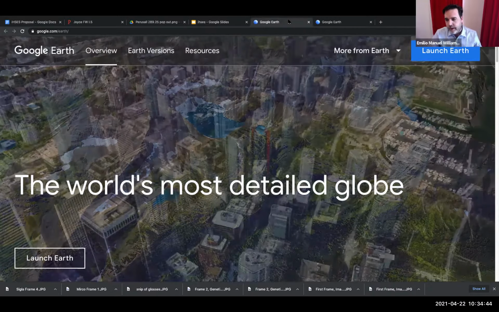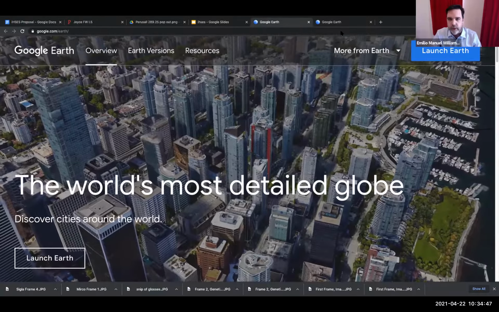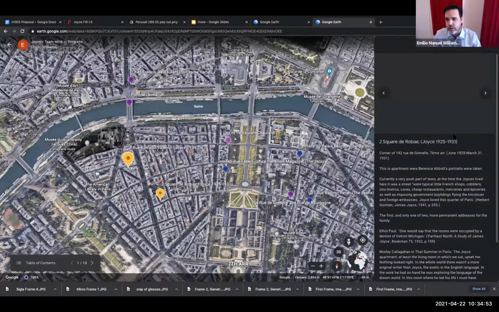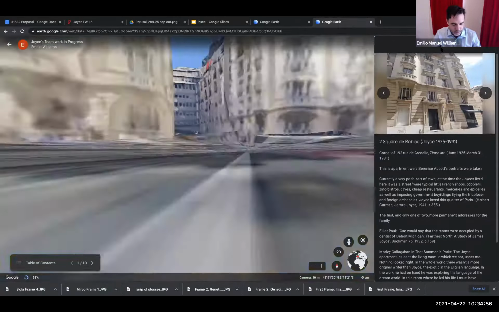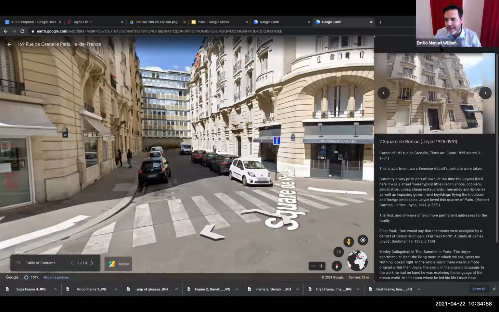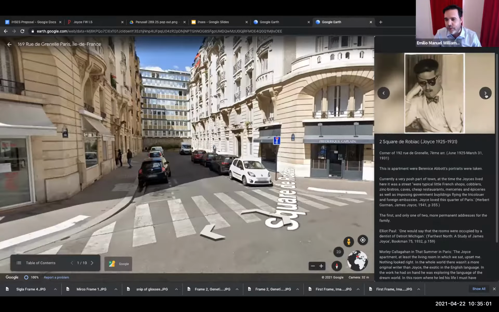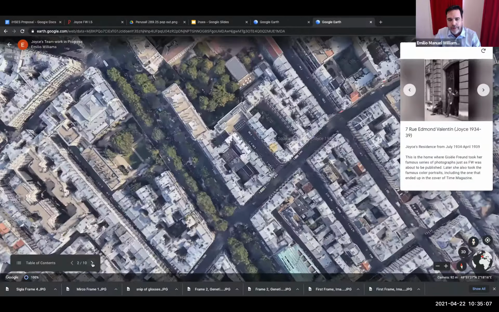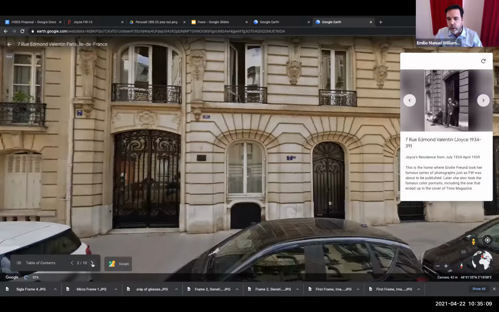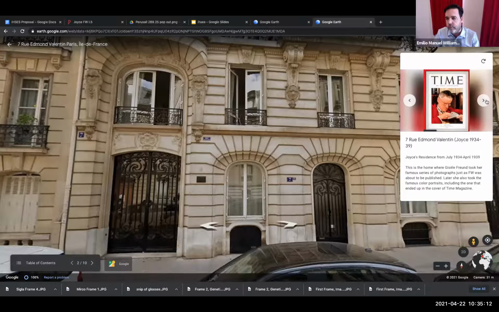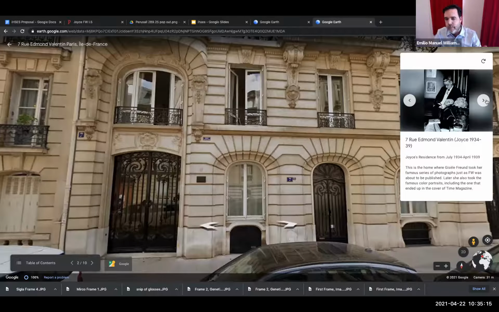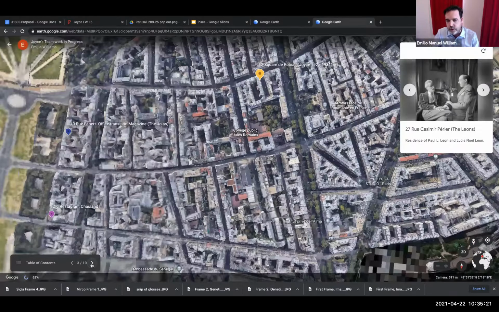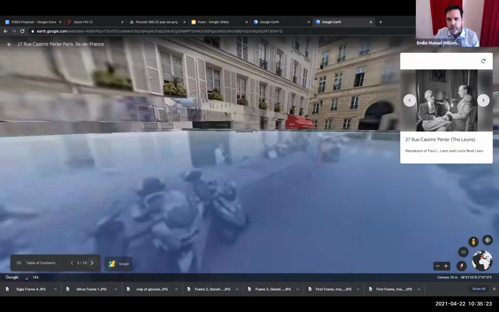I wanted to show a fun use of Google Earth here to do a biographical analysis of the time of the writing by James Joyce of Finnegans Wake. Of course, this is not a substitution for a field trip or a summer class in Paris, but it was a constellation of shorts. And I think what is interesting about this process is the idea of utilizing locations from Google Earth to tell a biographical story or the story of a process, where you can add photograph and text in the different addresses, and you can have geographical correlations for a biography or a history.